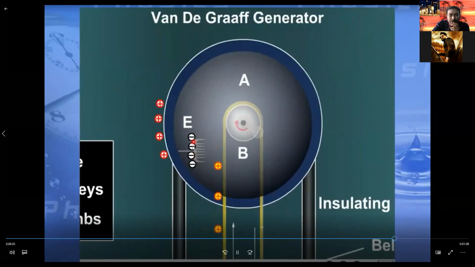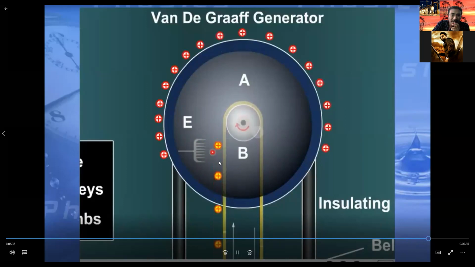Due to high negative potential, the air near E gets ionized. The positive ions are attracted towards the E comb, and the negative charges are repelled towards the belt and neutralize the positive charges on the belt. Therefore, while the belt comes downwards, there is no charge. Each and every time, the positive charges on the sphere go on increasing till they attain some limiting value. After this stage, no more charge can be placed on the sphere, and it starts leaking to the surrounding air due to the ionization of the surrounding air.